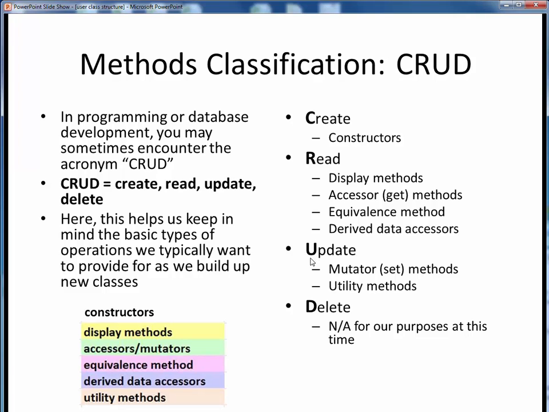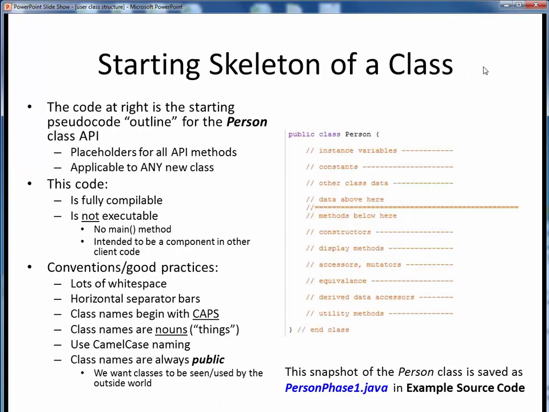Update refers to the capability of altering existing information. For us, this will encompass our mutator or set methods, of which there will be at least 1 for each instance variable, and our utility methods, which allow our person objects to do things, but in the course of doing so, will also alter the values of 1 or more instance variables. And finally, delete would refer to the capability of removing existing information, but it's going to be not applicable for our purposes. So we'll begin setting up our new person class from scratch by creating this generic pseudocode outline for